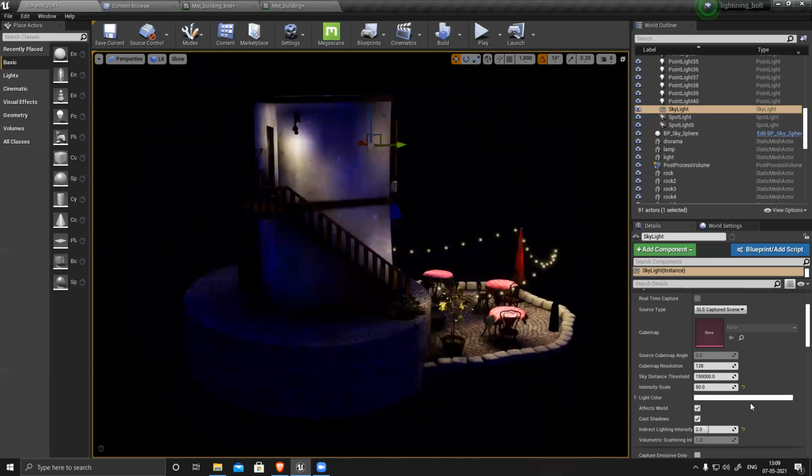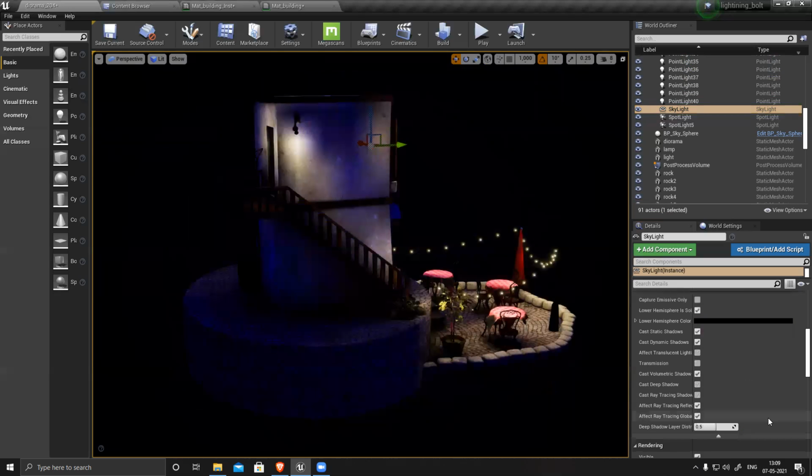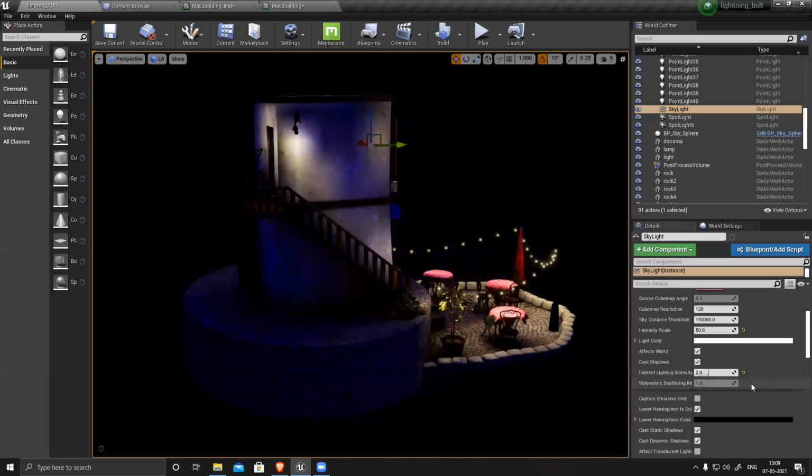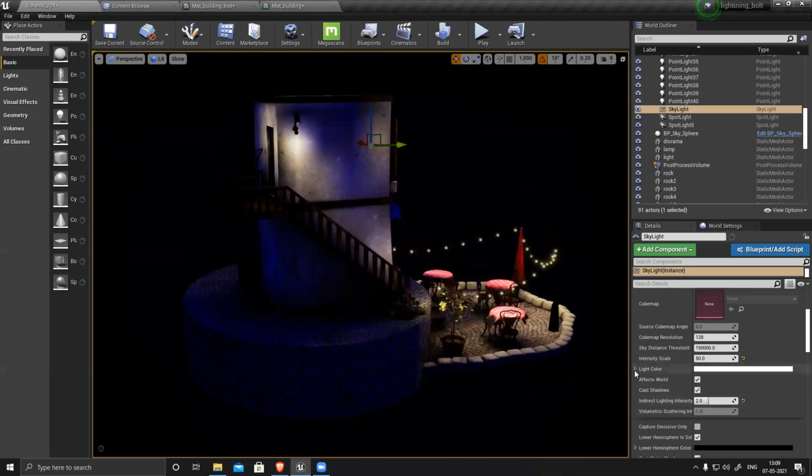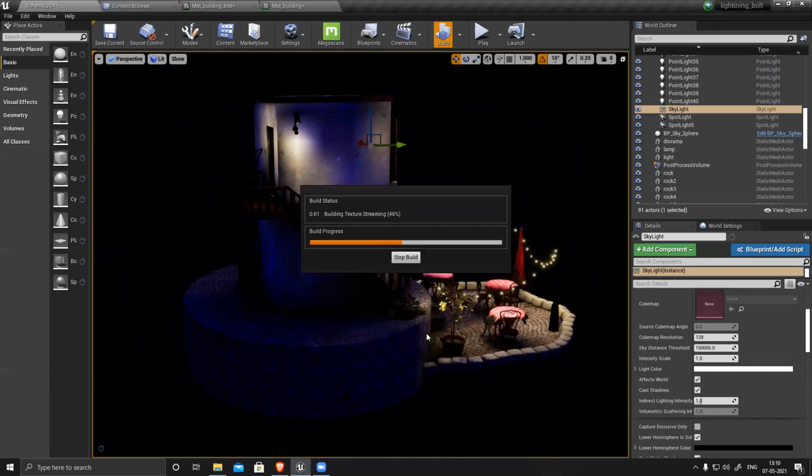It becomes bright, but it has more of a bluish tint. I don't want it. Light is white. I'll build it one more time.